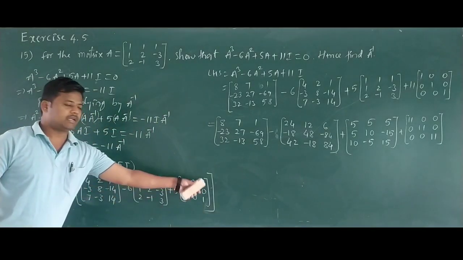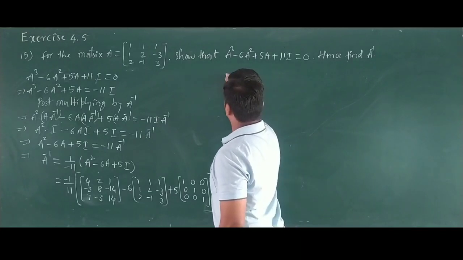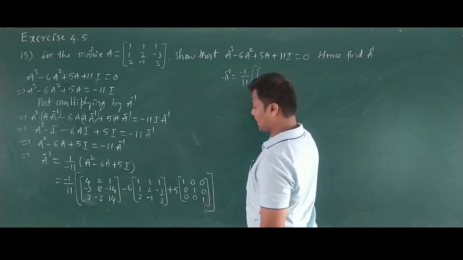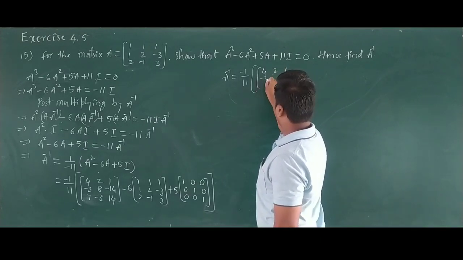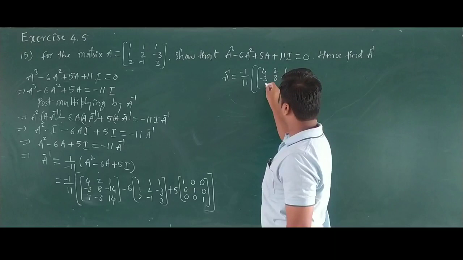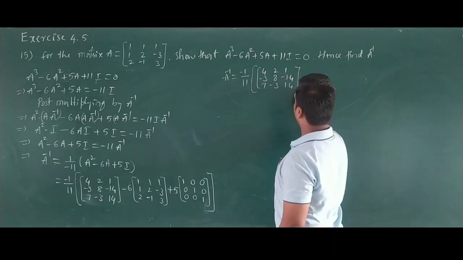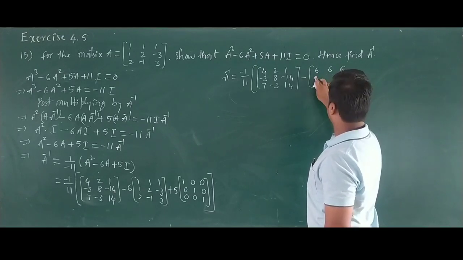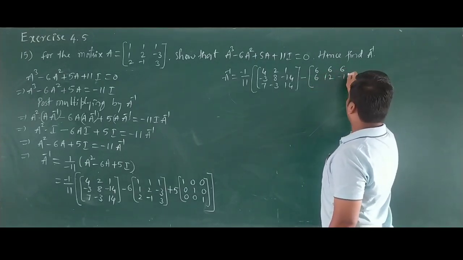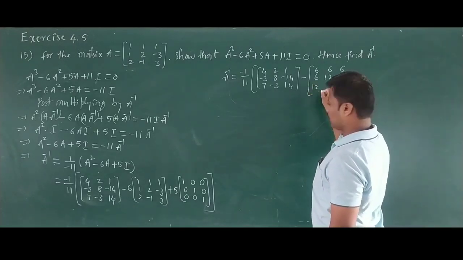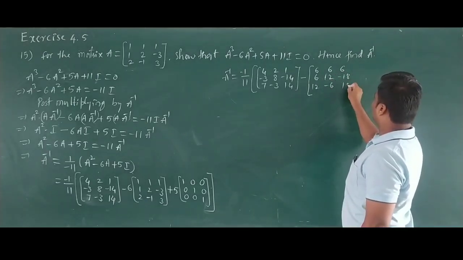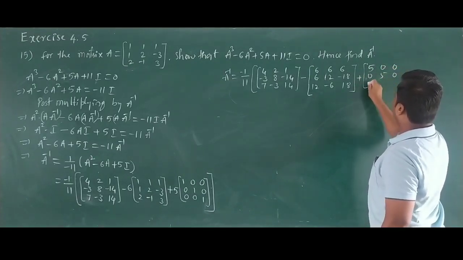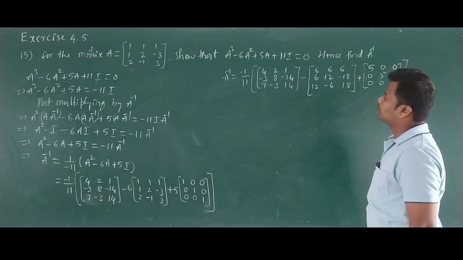Okay. Simplifying this one, you will get A inverse equal to minus 1 by 11 into 4 2 1, minus 3 8 minus 14, 7 minus 3 14, minus 6 multiplied by 1 1 1, 1 2 minus 3, 2 minus 1 3, which gives 6 6 6, 6 12 minus 18, 12 minus 6 18, plus 5I, 5 0 0, 0 5 0, 0 0 5. Simplifying further,